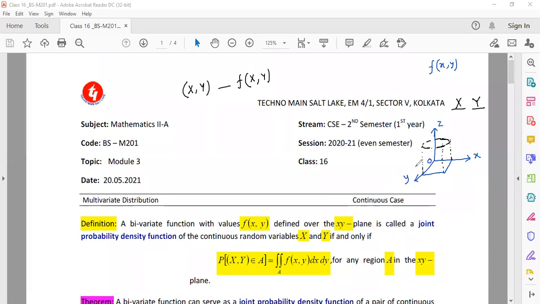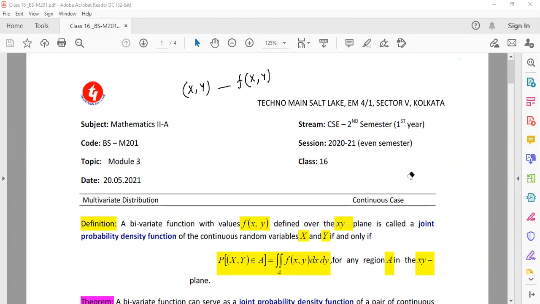This particular volume is represented by the double integration over the area capital A, because this is the domain in which capital X, Y is varying, pairwise they are varying. And if small fxy is your probability function, then we are going to integrate it twice, one with respect to X and then with respect to Y, to get the probability. Okay, now you can change the